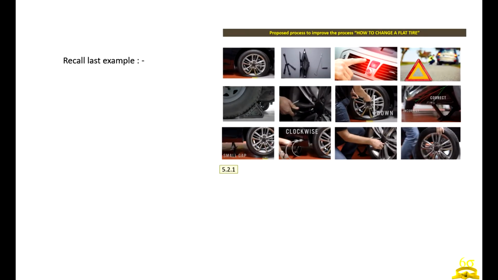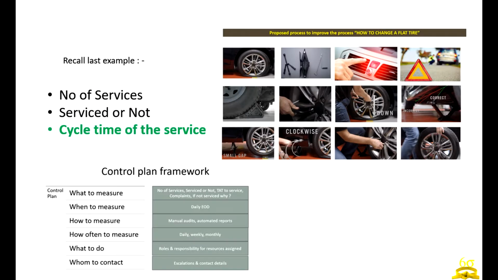So let's start with the last example I shared with all of you. We had a case of how to change a flat tire for a roadside assistance organization, and during the control phase I suggested what to measure is something we need to focus on in case we have to develop a control plan framework.